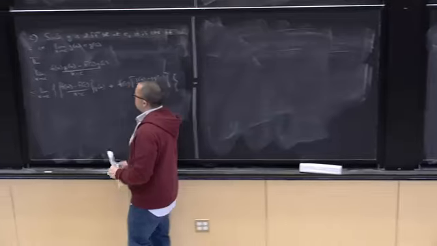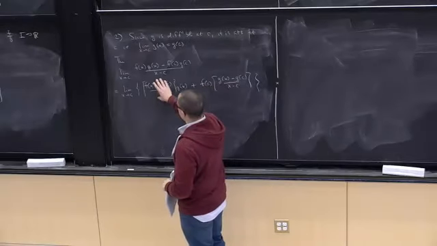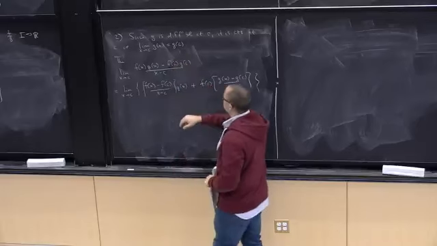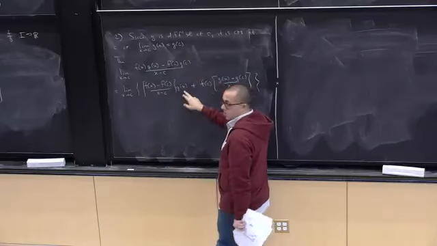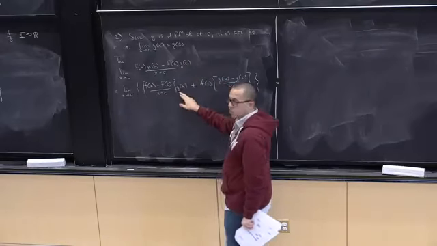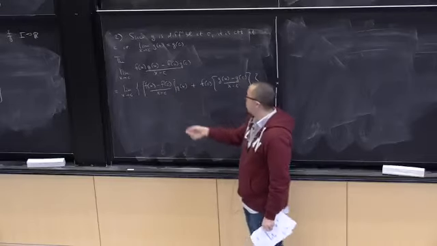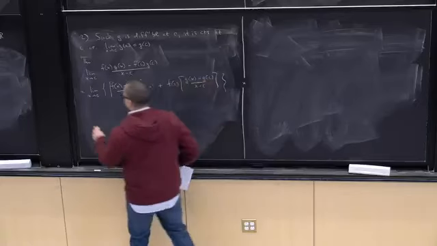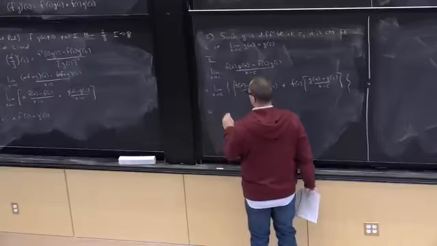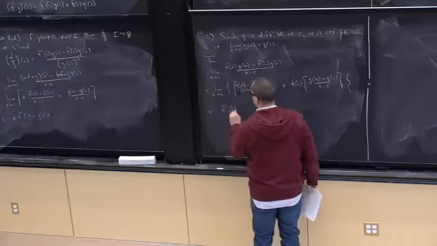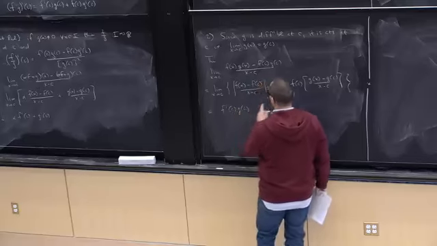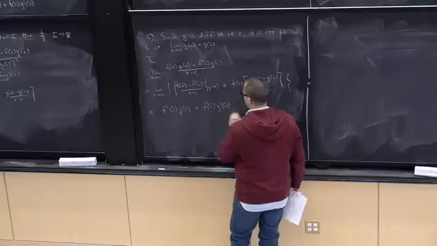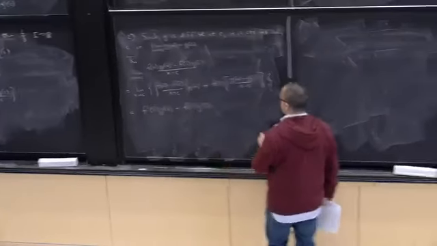And again, this limit as x goes to c exists. This is just the derivative of f at c. And we noted that since g is differentiable at c, g is also continuous at c, meaning the limit as x goes to c of g of x equals g of c. This is just a constant, f of c. This goes to g prime of c. So all these limits exist, and therefore this is equal to f prime of c times g of c plus f of c times g prime of c. And 3 I'll leave as an exercise.